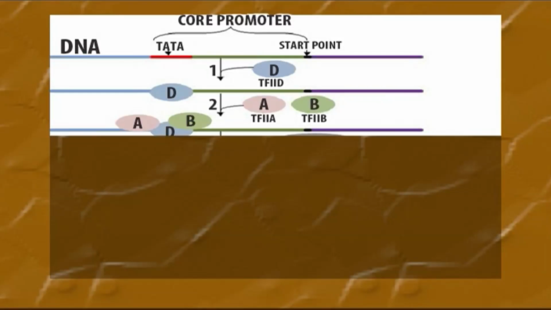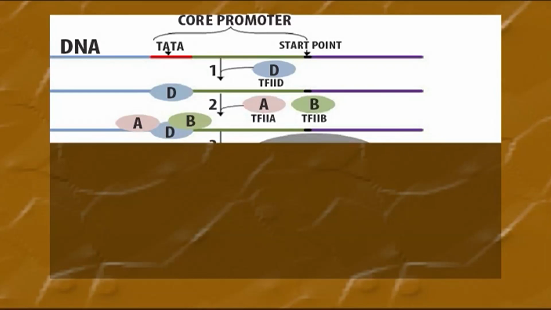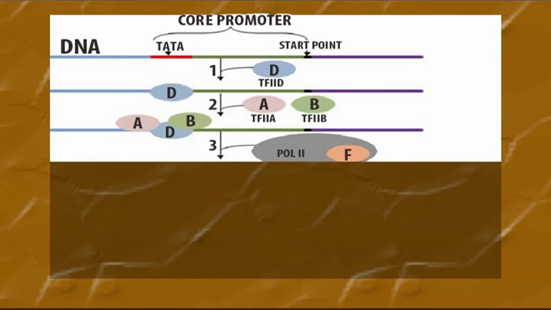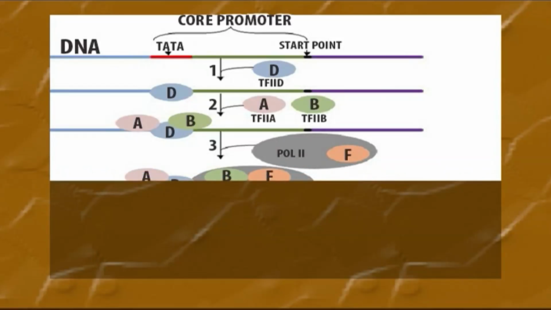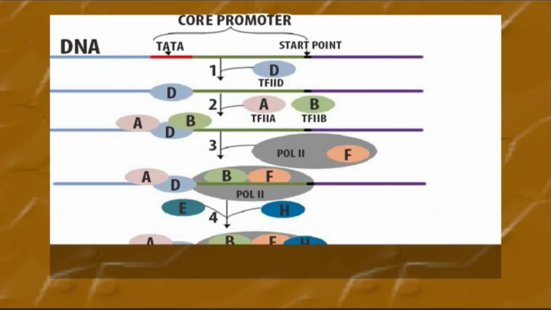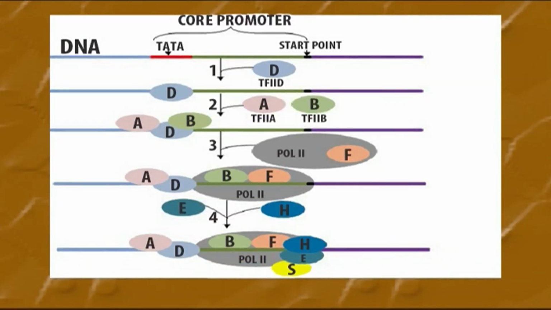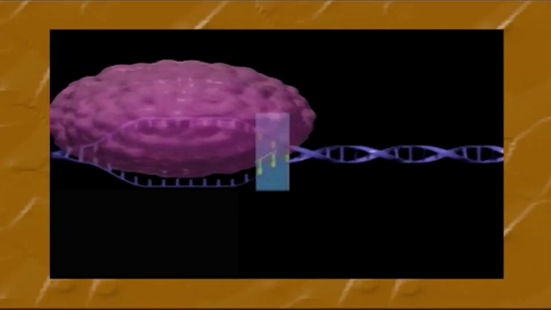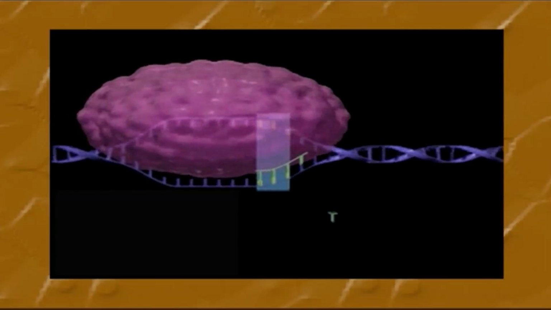This complex prepares the stage for binding of RNA polymerase II, which covers up to +15 region on template strand and 5 extra nucleotides on the non-template strand. Finally, transcription factor 2E joins, extending the protection up to +30 region. Once the entire complex has been assembled, the incorporation of the first nucleotide takes place.